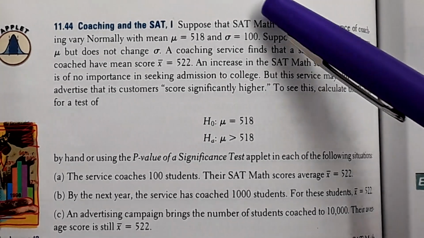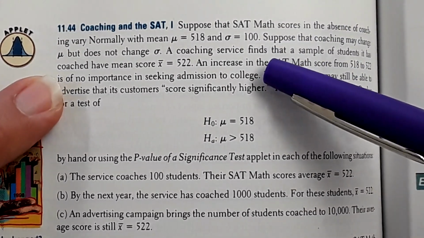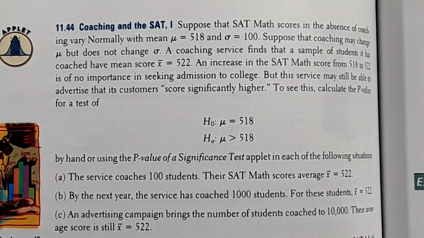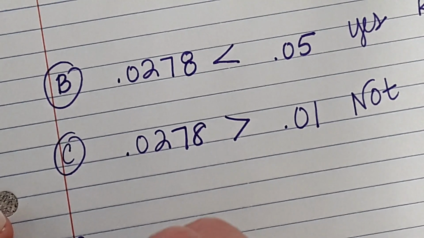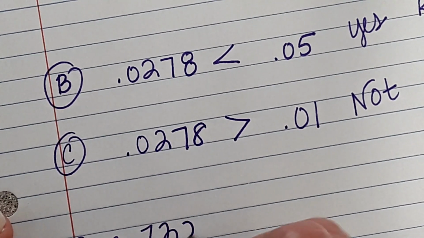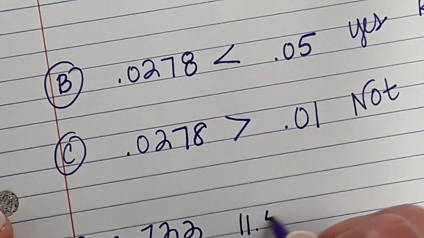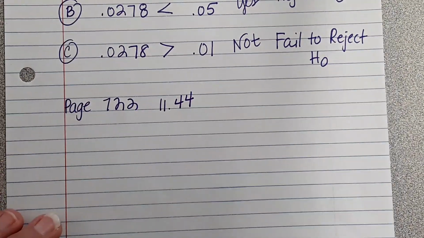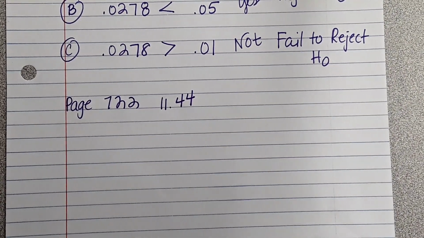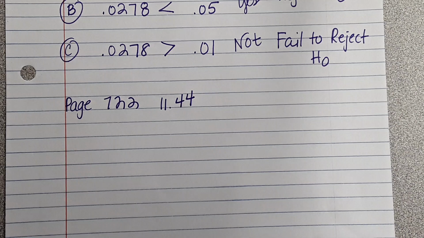I asked you on page 722 to complete problem 1144. That's what we're going to do right now, okay? Here we go. So if you're at home, like if you didn't come to the live lesson, page 722, number 1144. And the first question asked you, they gave you the null hypothesis,